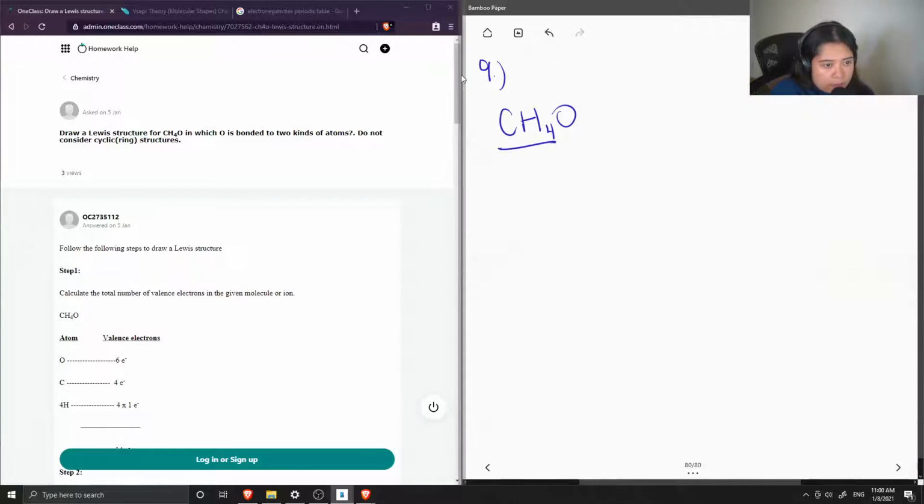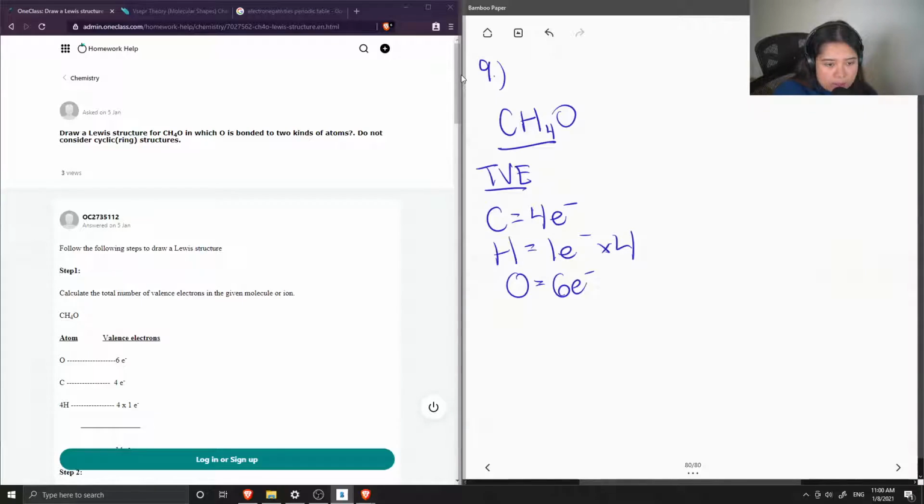So first, let's find the total number of valence electrons for this molecule. Carbon has 4, and hydrogen has 1. And there are 4 hydrogens, so we multiply this by 4. And oxygen contains 6. So if we were to add these up, we get a total number of 14 valence